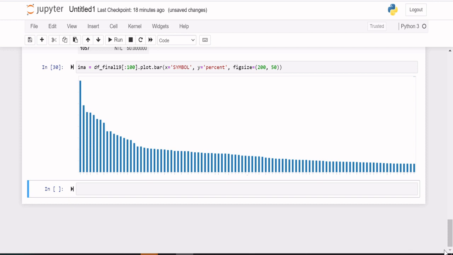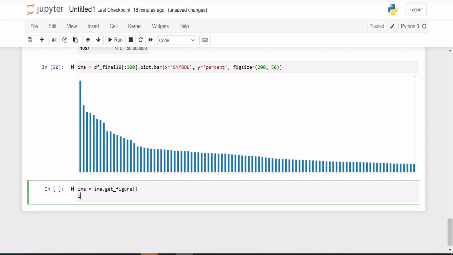It is much clearer than the previous one, but still we are not able to see the images. So let me save it into a local image and try to analyze that. I will say IMA equal to IMA.get_figure(), IMA.savefig, and the file name I want to save is jan19.jpg.